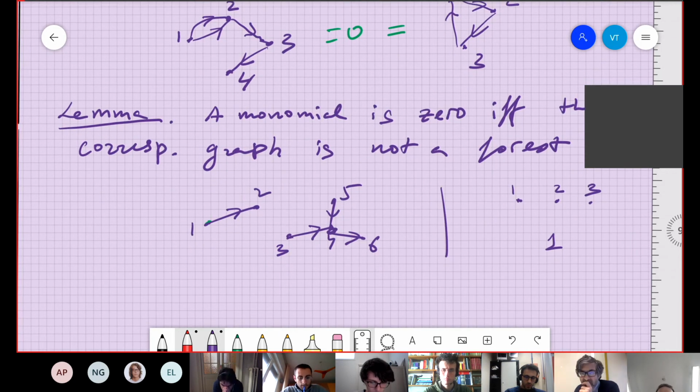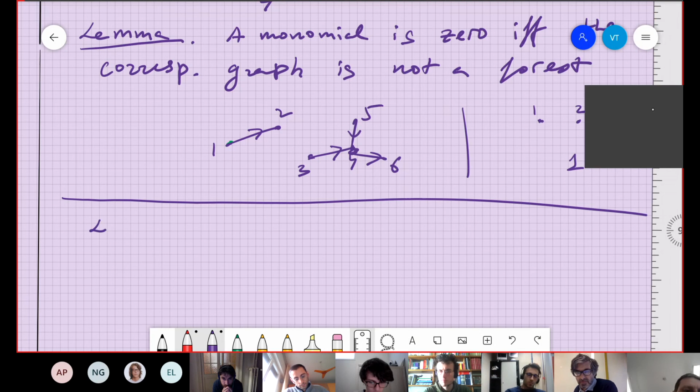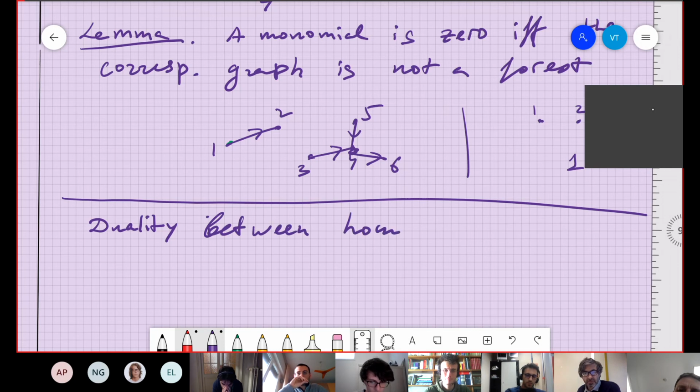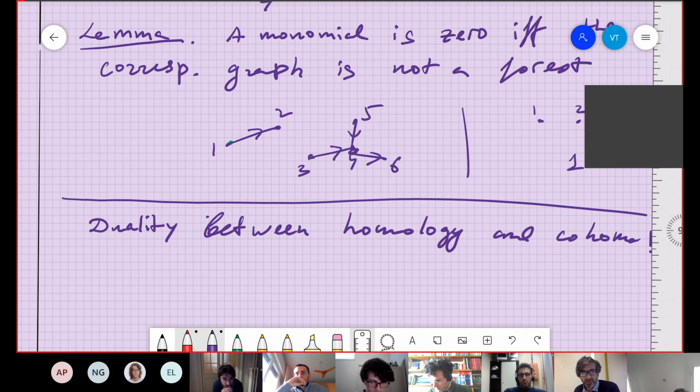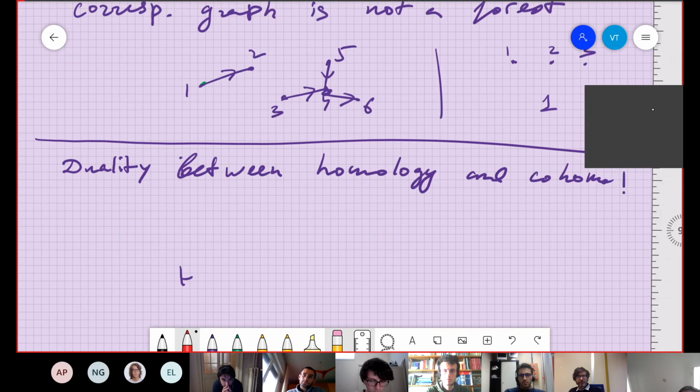So next, let's understand the duality between homology and cohomology. How these classes pair with each other. And first of all, it's quite easy to see that when we look at the homology or cohomology of this configuration space,